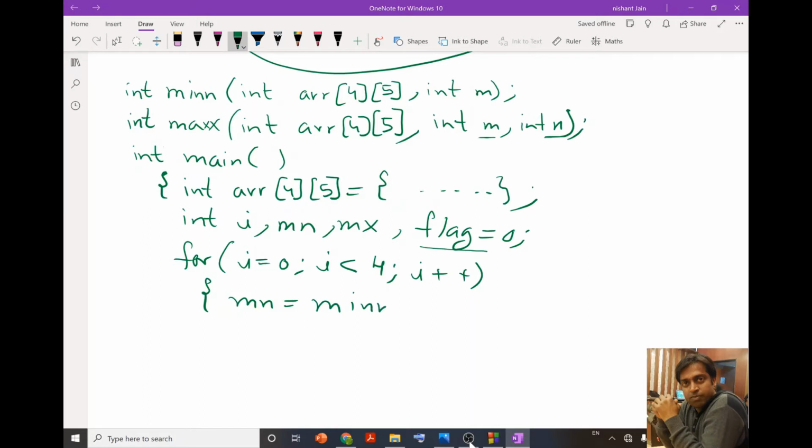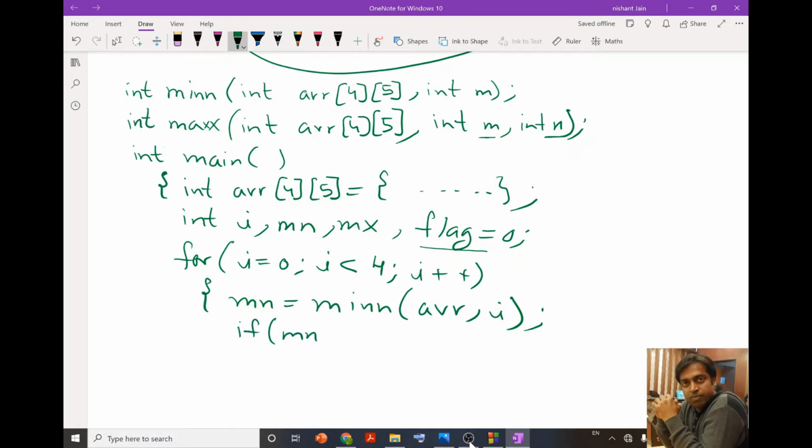So I called this minimum function. I passed two arguments, array and the value of the row number. Now this function is going to return me the value of mn, and this mn will be the column number of the minimum value that is there in the row i.